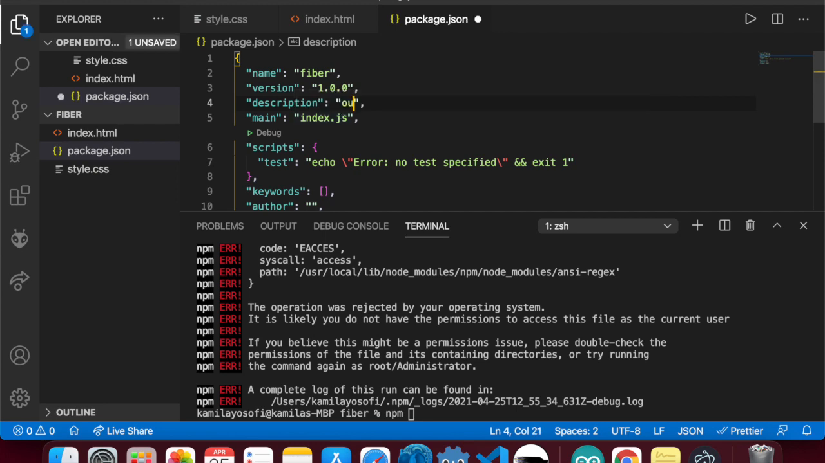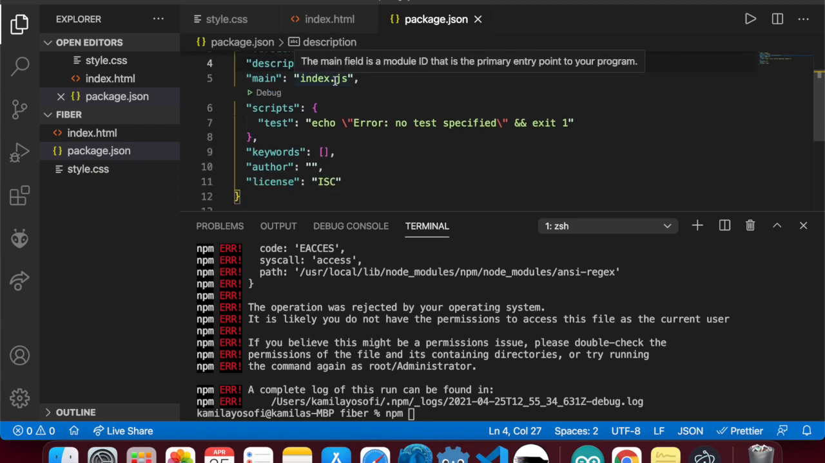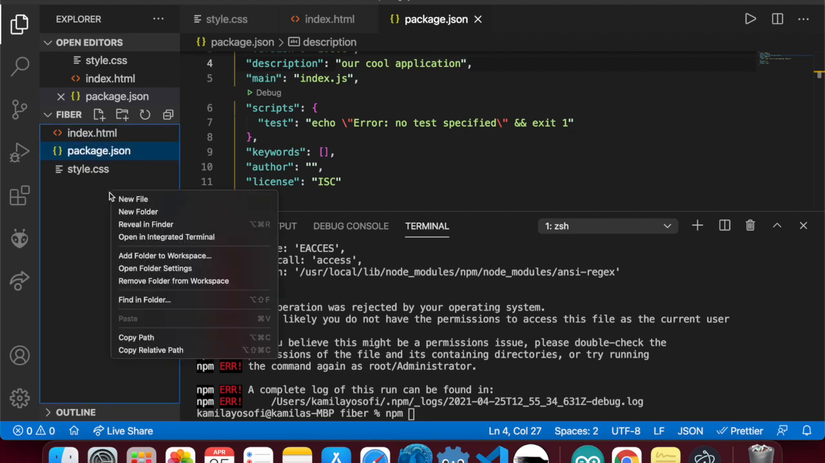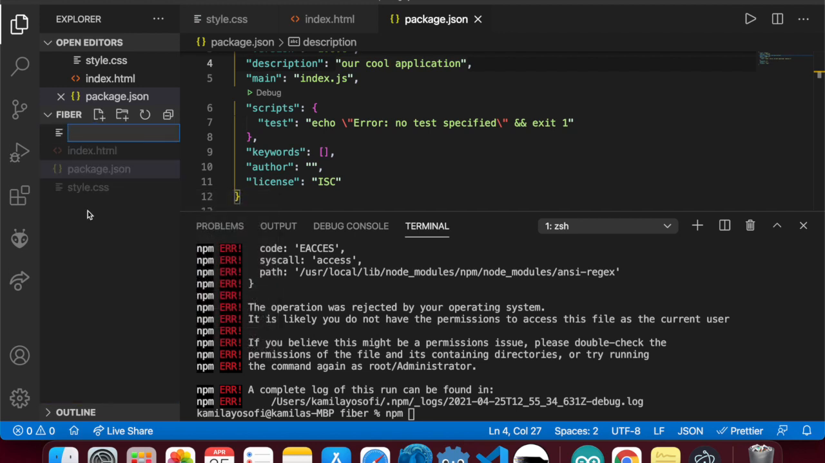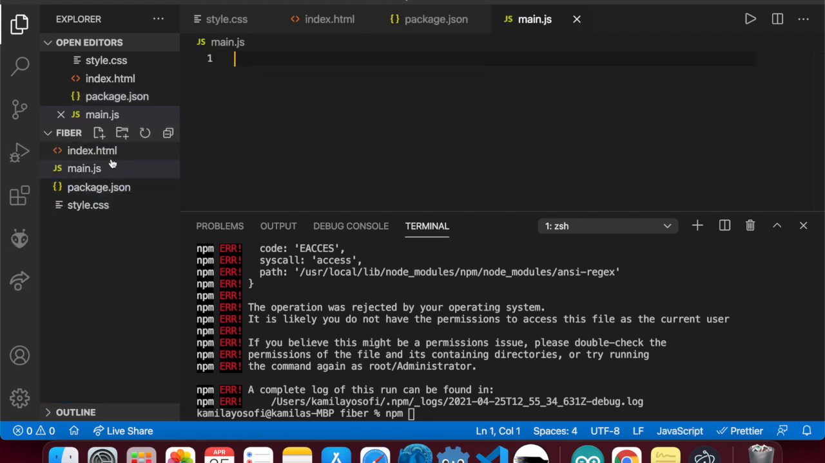I don't know, our cool application, something like that. And then of course when you're working on a serious project, then you should write a proper description. Main index.js, so yeah, we have not created any. So index.js, we call it main.js because we have called our HTML index, so we call main.js and then